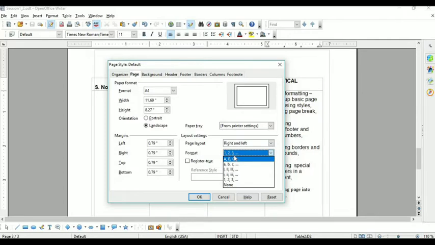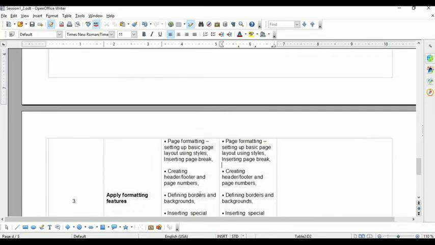Where can we check this format of the page? See here, at the bottom left corner, here Page 3/3 means in total we have 3 pages, and at this time we are working on the third page. That means 3 of 3. Suppose that I want to select the A, B, C format, then click on OK. Once you click on OK, you see that this now appears in landscape mode.